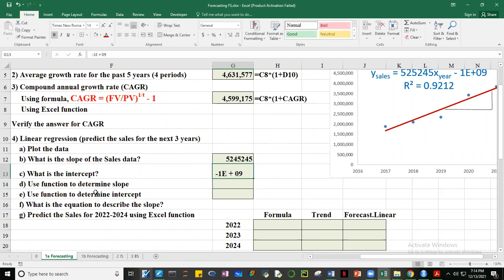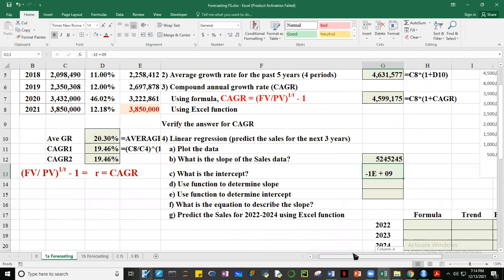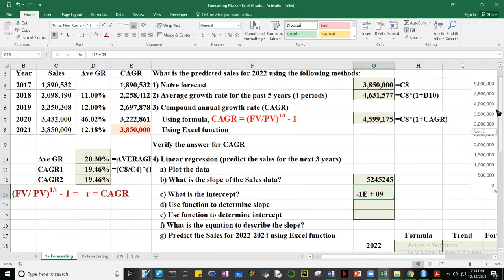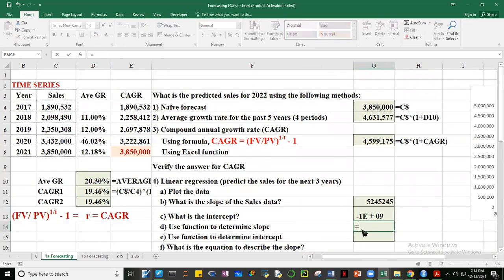Okay, alright, here we're asked to determine the slope using the function. Buti na lang, guys, may function ang Excel in order to compute for the slope, and it's equal to slope. So we can make use of this formula, slope. What does the slope give us? Returns the slope of the linear regression line through the given data points. Linear kasi tayo, no? So let's see, slope. Sabi known Y's, ang Y natin is sales sa lahat ng yan, comma, and then